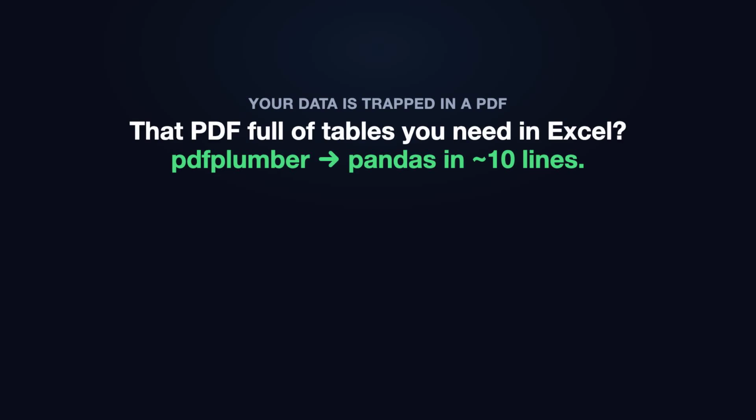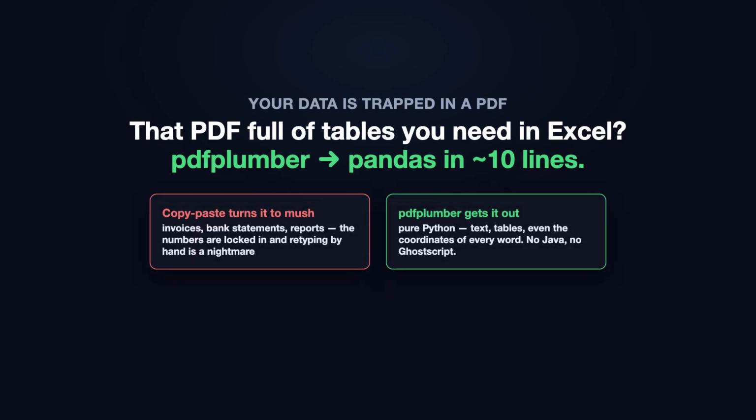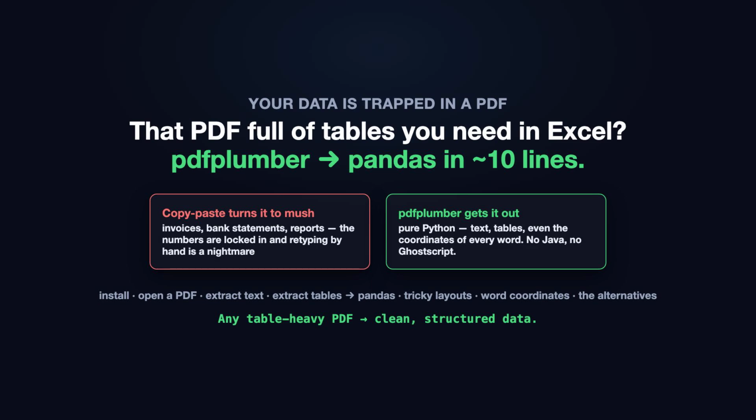That PDF full of tables you need in Excel. A bank statement, an invoice, a report someone exported to PDF and now the numbers are trapped. Copy and paste turns the whole thing into mush, and retyping it by hand is a nightmare. Here is the good news: a pure Python library called pdfplumber gets that data into pandas in about 10 lines